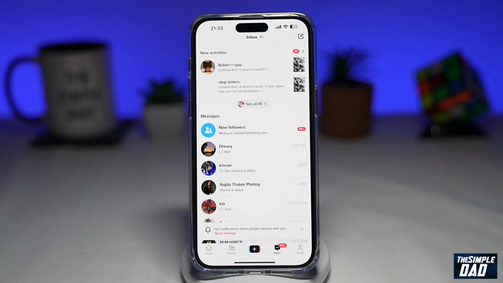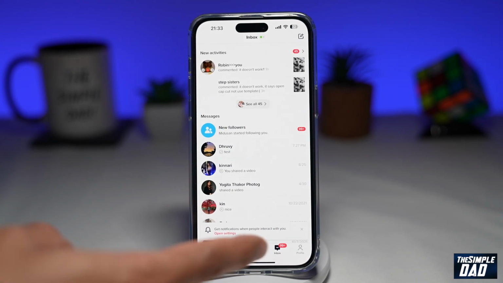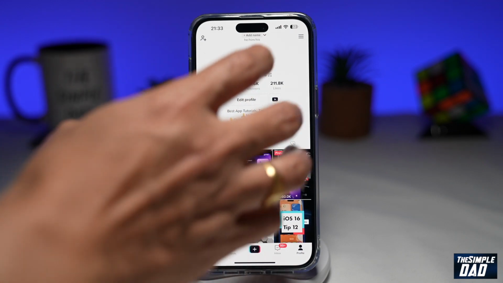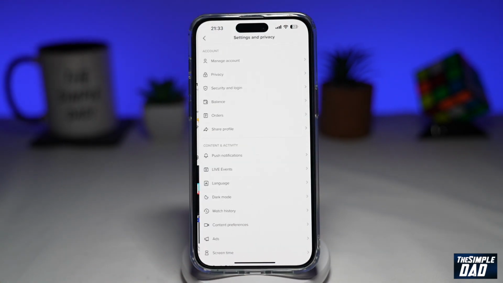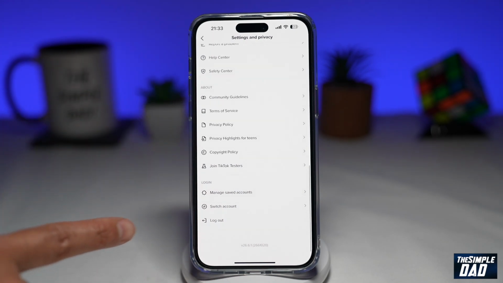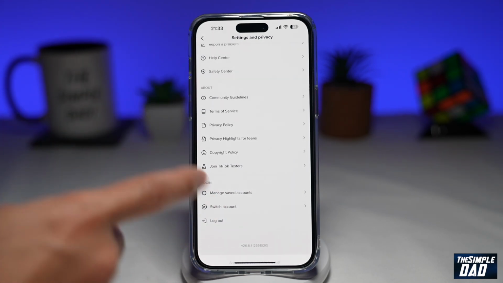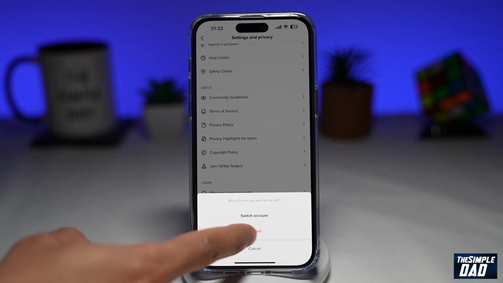sent or not. Now the second way of resolving this is by logging out of your account and logging back in. So you can go into your profile, then tap on the three lines here at the top right, go into settings, then scroll down until you see log out. Go ahead and log out from there. Tap on log out